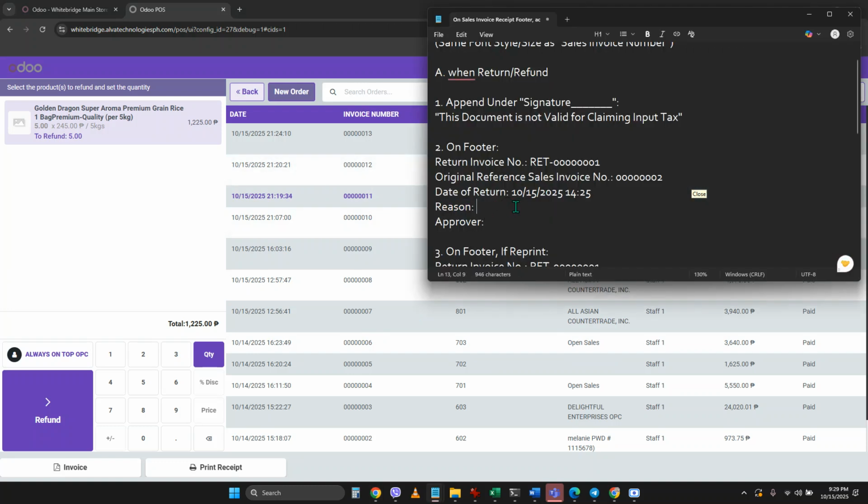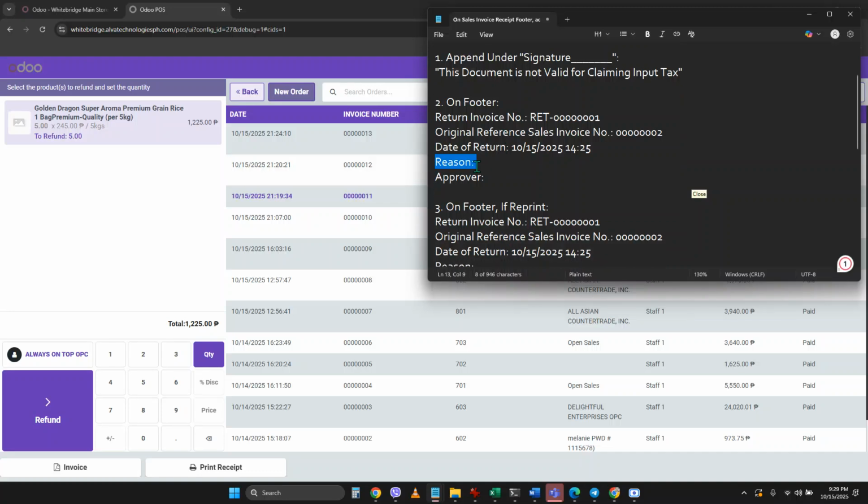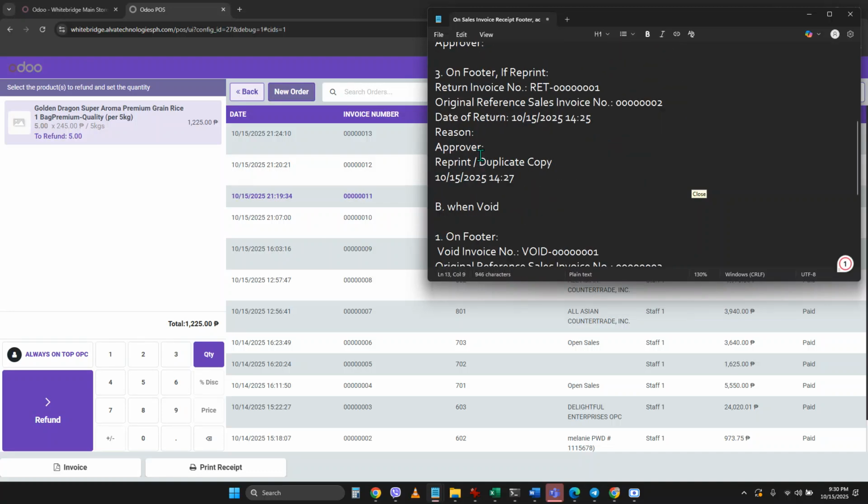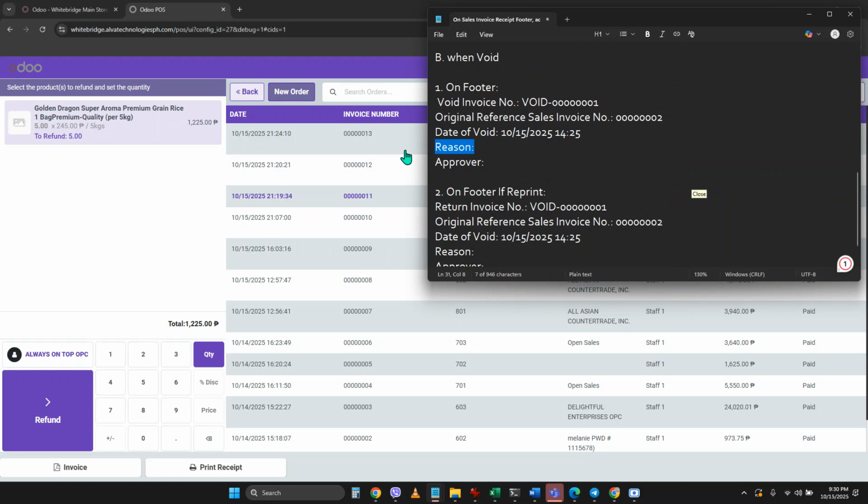This field first, the reason. Sorry for this one. And there's a specific void invoice number for that. And for the exact implementation, after clicking the reason or providing the reason,